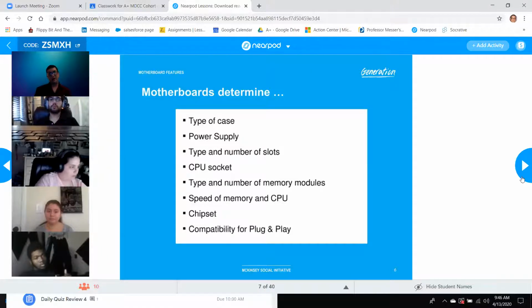Prior to this, we had to manually tell the computer what to expect. So if I had an SVGA card or if I had a 50 megabyte hard drive, yes, I said 50 megabyte hard drive, I had to tell it how many heads and sectors and all this stuff that it had so that it could recognize the hard drive. Not just say that it was a 50 megabyte hard drive, I had to tell exactly how many heads, sectors, and I forgot what the other thing was, but there were 3 numbers that you had to punch into the